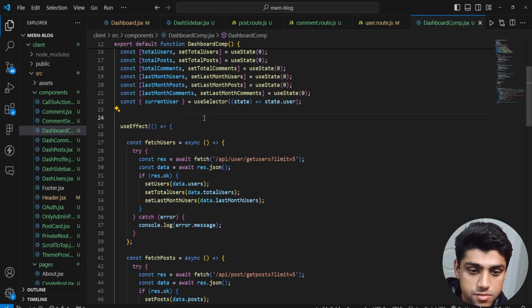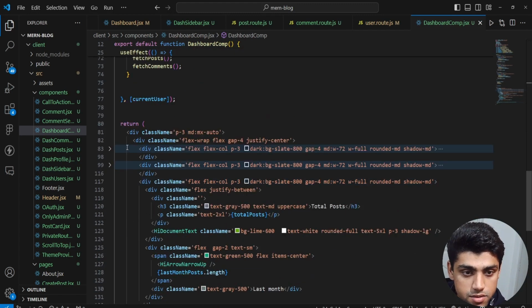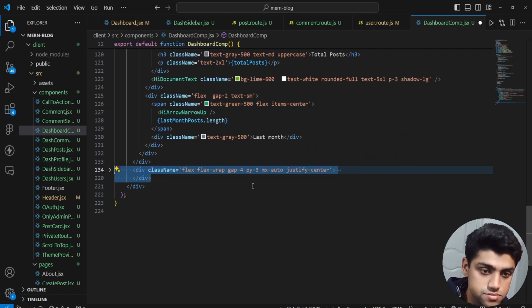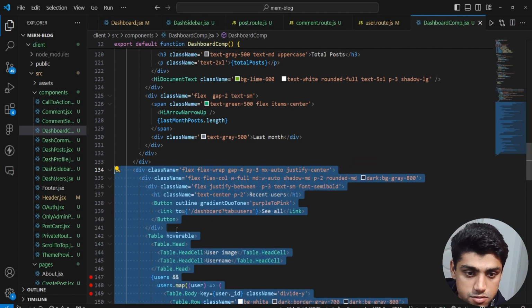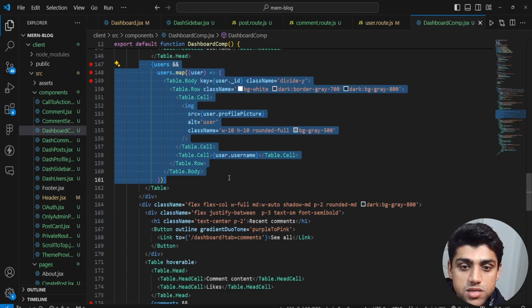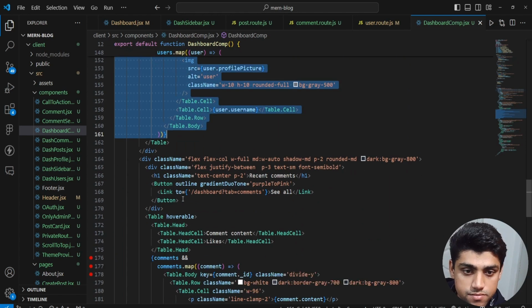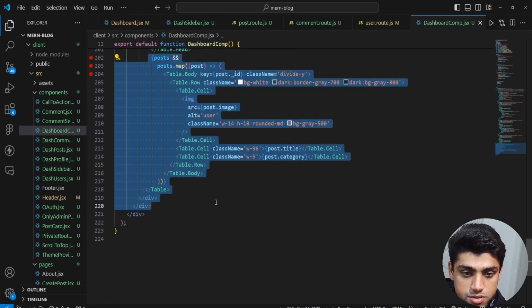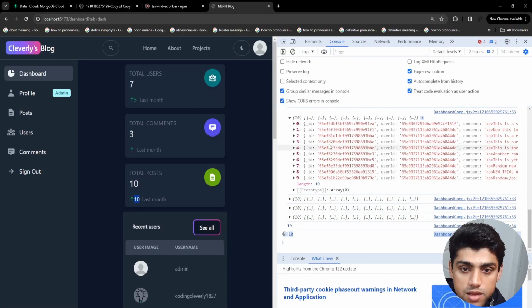Everything looks good. We can uncomment this out as well. And Ctrl+/, you can see this is now calling this API, and you're basically going to get the usernames. You're going to get the comments, and you're also going to get the post. One thing I just noticed is that,